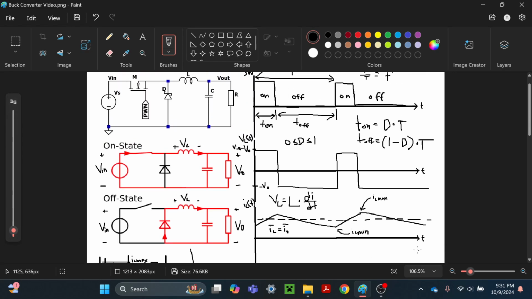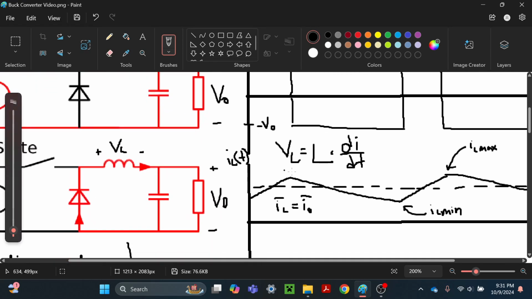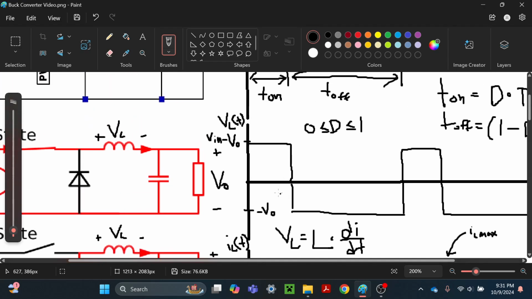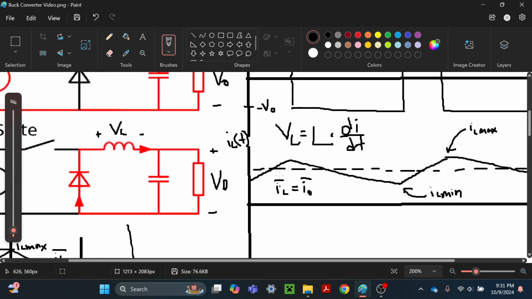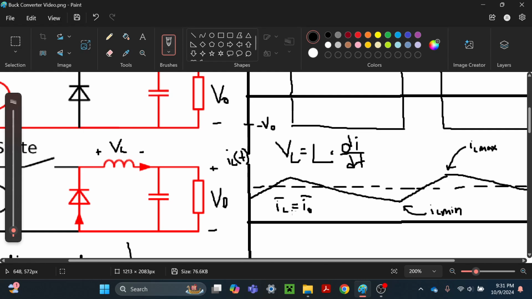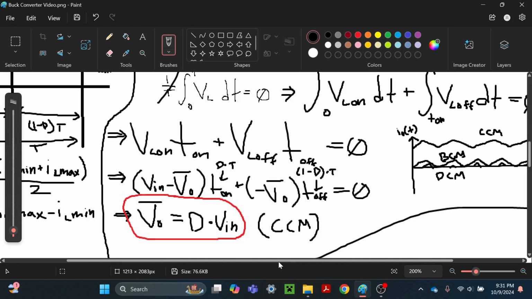So remember before I was talking about VL is equal to L di/dt. So let's use the case for the on period. Solving this will be the same outcome regardless of if we solve this slope for the on period or the off period. So using the on period,